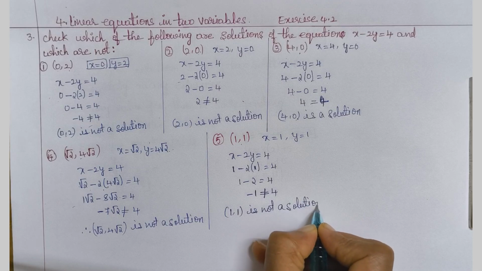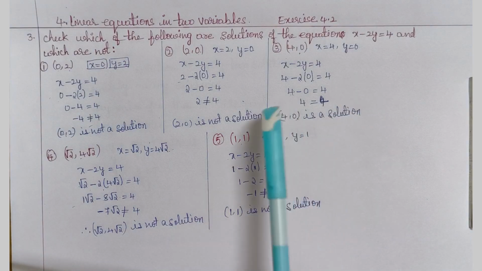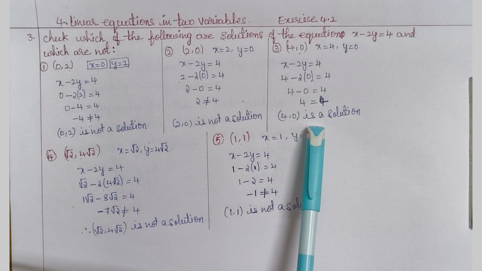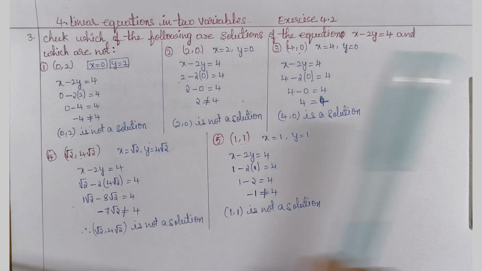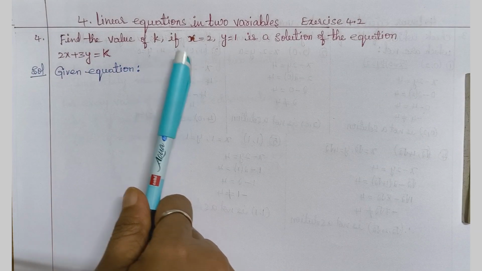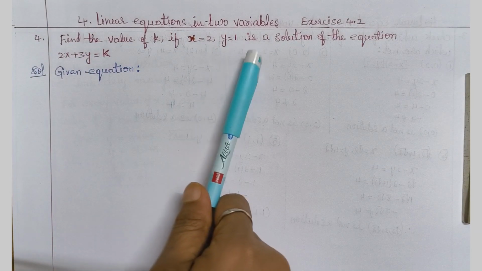See here, if LHS and RHS are equal, it means it is a solution. Not equal means not a solution. Okay. Now the next question: find the value of k if x is equal to 2, y is equal to